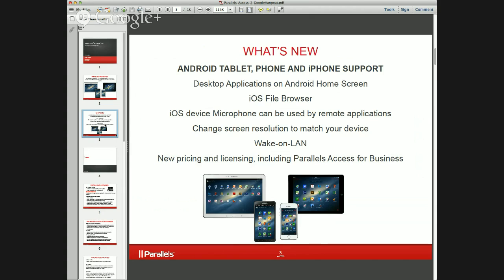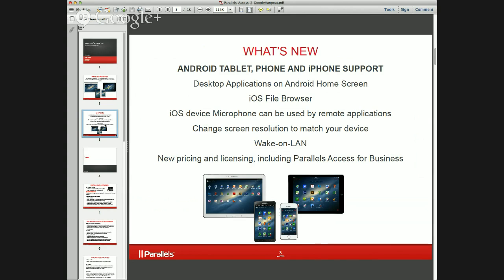We've also added features related to various user requests for features or functionality in Parallels Access. For example, we've added a file browser because using the Mac Finder or the Windows Explorer over a small screen tablet with your finger is kind of problematic. We also have added support for changing the resolution of your mobile device. You'll see that in my demo, and this, again, is because of user requests related to how Parallels Access is used. We've added even more support for the microphone on an iPad or iPhone,